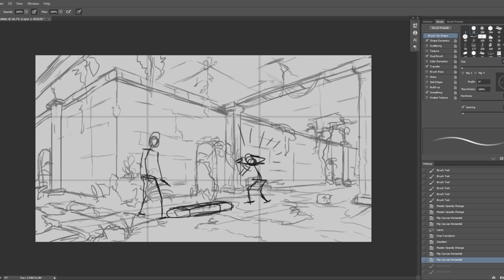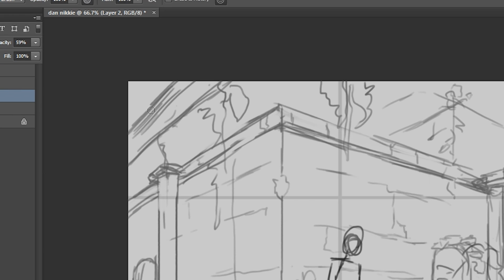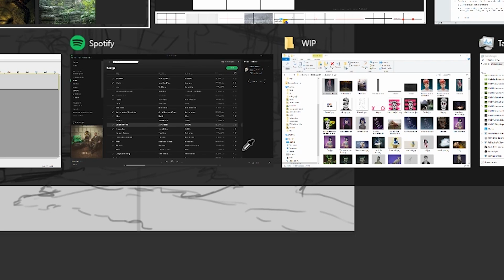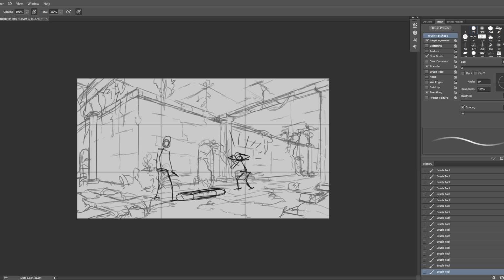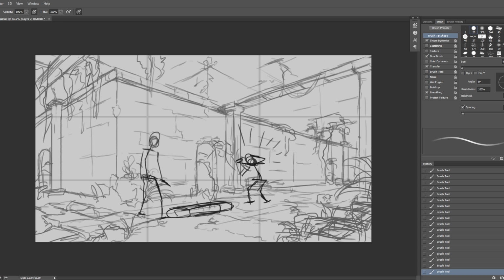However, there's a lot of emptiness down here, and up here there's some more stuff. Maybe we can add some sort of rocks or rubble or something in this section over here. I don't really feel like adding much detail in the sketch phase. I like to render things out when I paint. Maybe we can do a very foreground-ish element in here. We've got some more balance in the composition now.